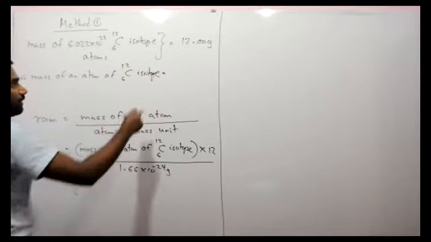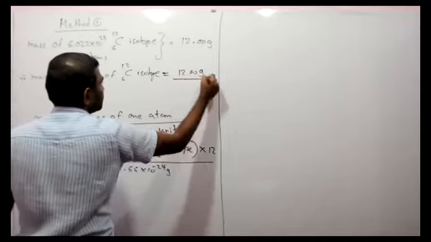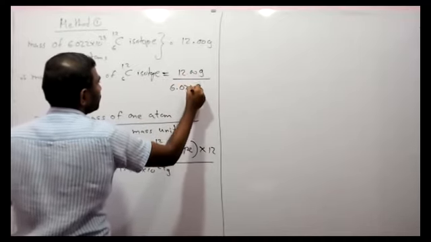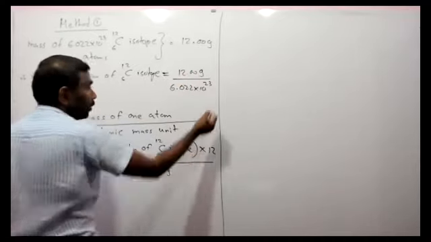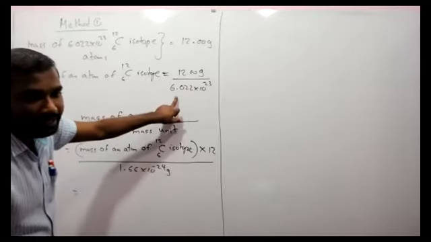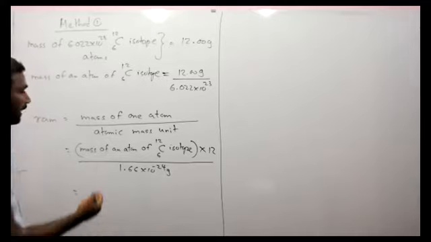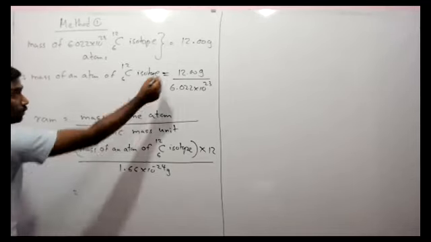How to calculate this, children? Divide the mass by the number of atoms, 6.022 × 10^23. Don't simplify unwanted points. If you simplify now, you will get this as 1.99 × 10^-23 grams. Don't simplify unwanted points. For this, you put this value,